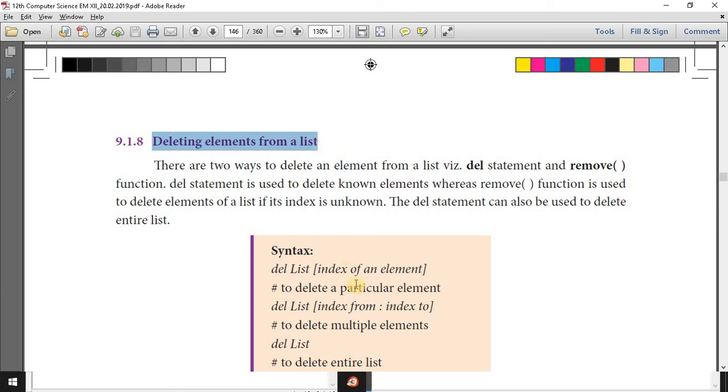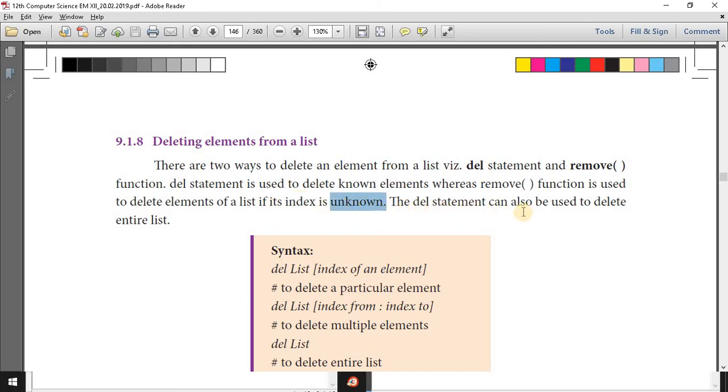How to delete an element from the list? Very simple syntax: del list of index of an element; del list of index from to 2; del list name. So three kinds of syntax are there. There are two ways to delete an element from a list: via the del statement and the remove function. The del statement is used to delete known elements, whereas the remove function is used to delete elements of a list if its index is unknown.